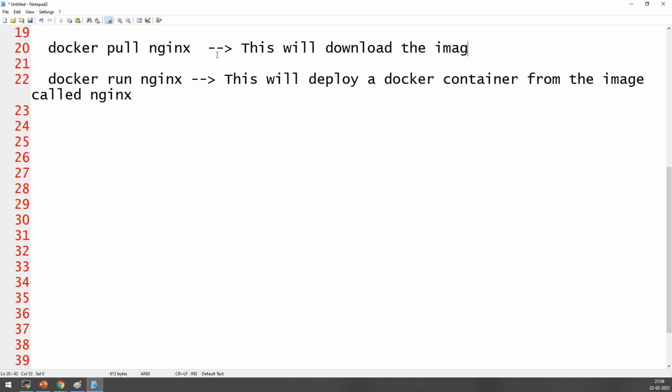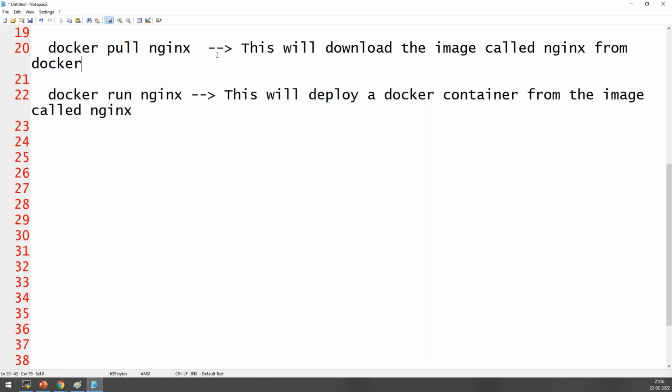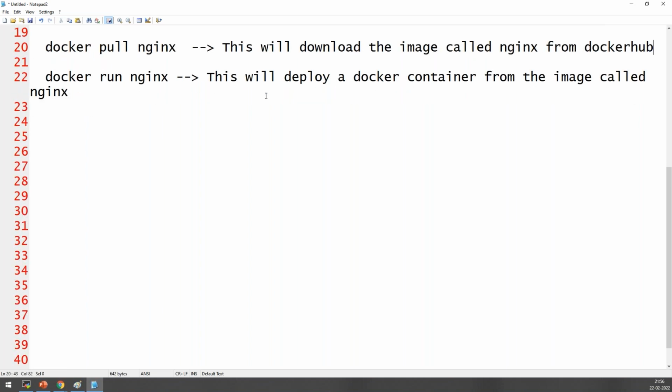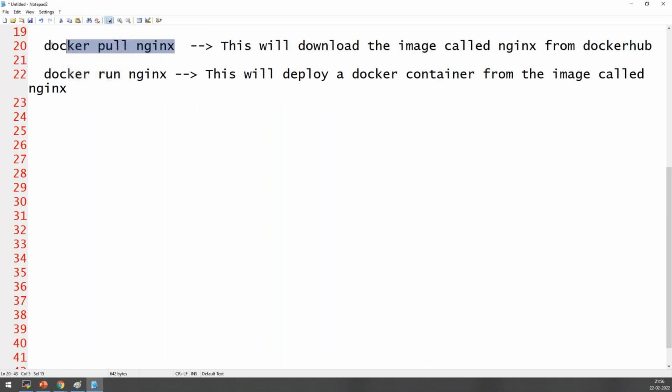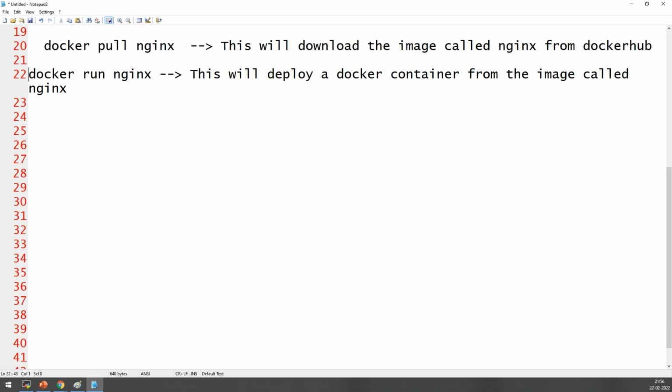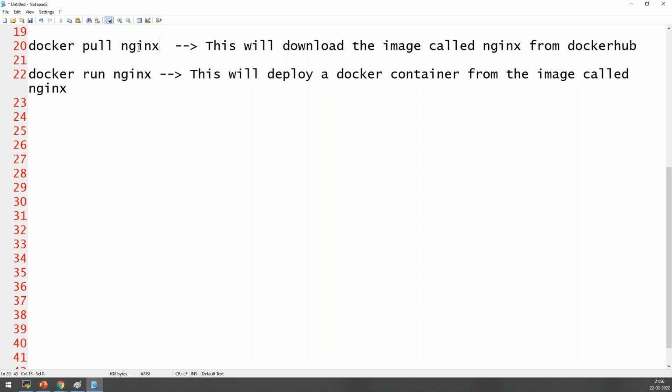It will first download the image called nginx from Docker Hub and then run. So if this step was not done, when you run this command, Docker will do this step for you. That means if the first step is not done, Docker will directly go to Docker Hub, download it, and then deploy the container for you.